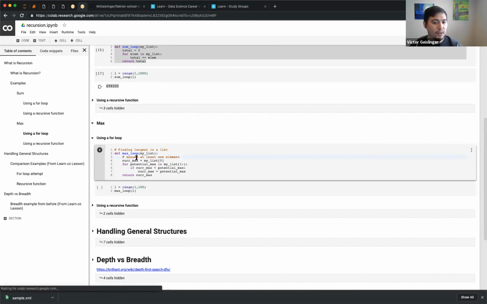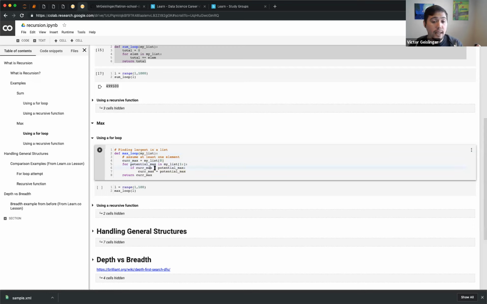So this is why a lot of the code that we write in for loops is usually closer to how we think. So be aware of that. So we have our max loop here. You can see right here, I basically have my list. I can just say my current max, I assume there's at least one element in that list. I can say, okay, get the very first element in that list. Obviously this is the maximum if it's the only number in there. And then I go for each element in the rest of the list, 1 to the end. And I called it potential max because it could be the maximum value.